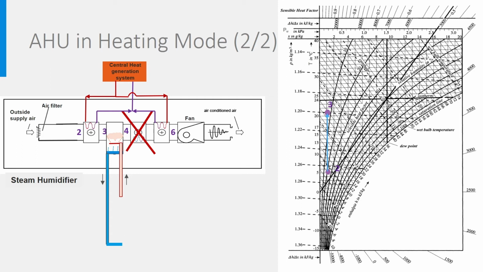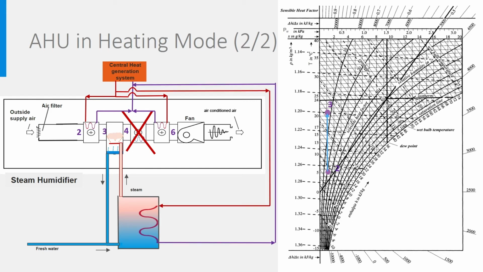A second solution to humidify is to use a steam humidifier. You see now that steam is injected into the humidifier. Part of the steam is absorbed by the air, but the excess part condenses again and is brought back to the steam boiler to be evaporated again. The steam has a temperature above 100 degrees and is produced in the tank here below, which therefore needs heat. Here too, an electrical resistance placed in the boiler can be used, or heat can come from a central heating system. Heat pumps have too low temperatures to make steam, so a boiler will be used, or industrial waste heat, or heat from a high temperature district heating.